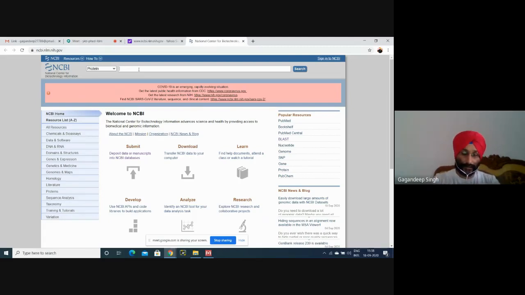For example, you can select leaf in plants as well. You can select anything what the target you have.